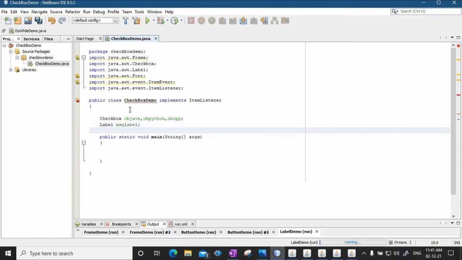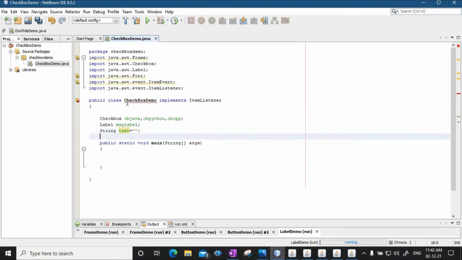And we will take one String. We'll see why this string. The name of the string will be text equal to null. Initialize it with null.